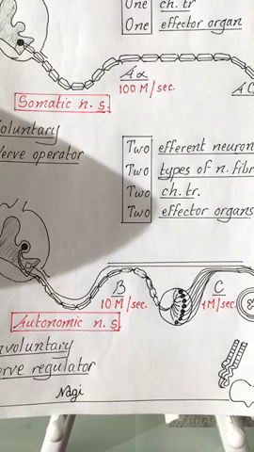Notes: the autonomic nervous system is a two efferent neuron system. That is, we have two efferents. The first efferent is the preganglionic neuron, which starts from the central nervous system to autonomic ganglia. Its axon is thin myelinated group B fibers with conduction velocity 10 meters per second. The preganglionic nerve fibers are usually long, especially in case of the parasympathetic nervous system, where its ganglia are mostly terminal. The second efferent is the postganglionic